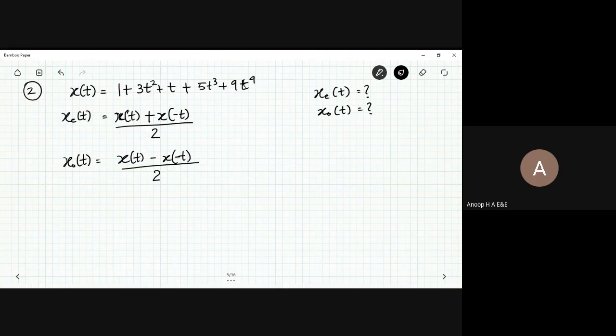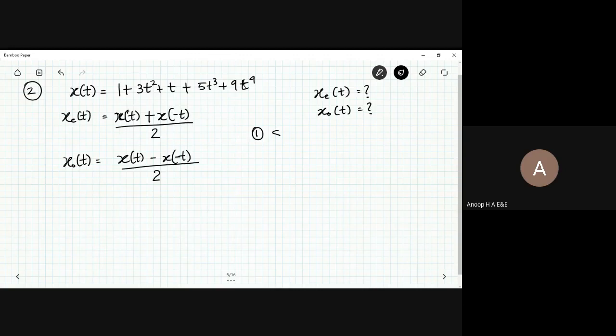So it is better that you solve a few more problems associated with the even component and the odd component. So this is the type 1 problem that I'm going to do right now. And the next type of problem will be the sketching of signals. And it is better that you have a better understanding of such signals and systems sketching in the coming classes also. Okay, so how are you going to find out?